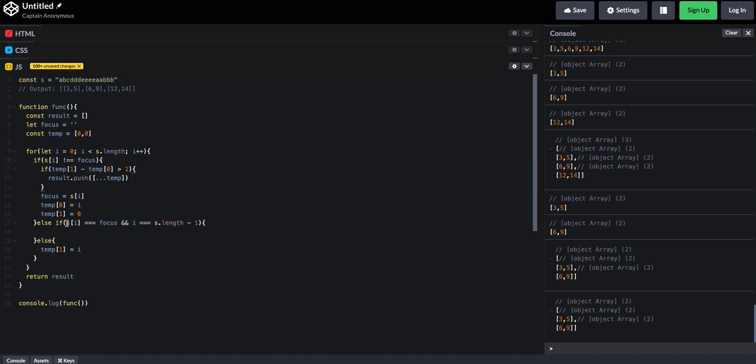So that's why we have this. So if it equals focus and I is equal to s dot length minus 1, so if it's the last element in the string, then we kind of do a combination of both these things where we set that